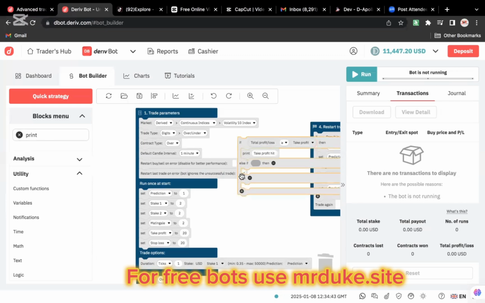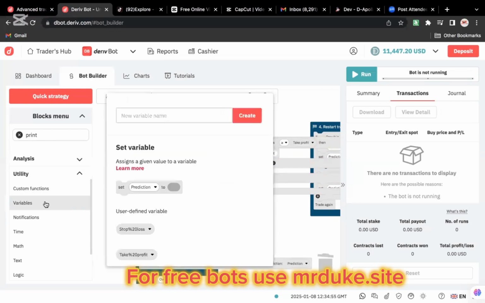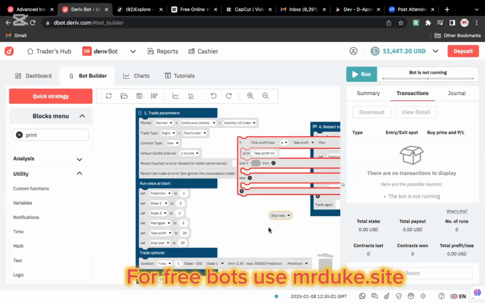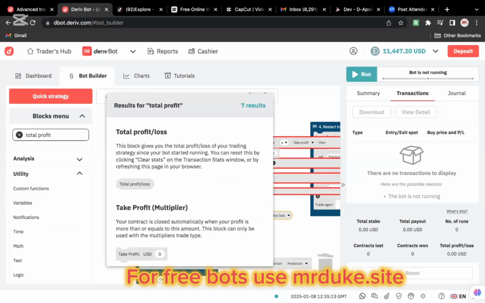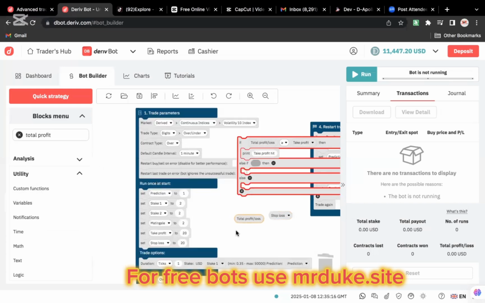Else if, we need those two conditions as well. Now, what we'll do under the else if statement, that is where we'll be programming our stop loss. What we are supposed to do is we need our variable, and the variable that we need at the moment is our stop loss, remember. And then we need our total profit or our total loss. So just write the word total profit, like that, total profit. And then we'll have this very prompt, and then we need the comparison under logic, compare, drag it. So if total profit